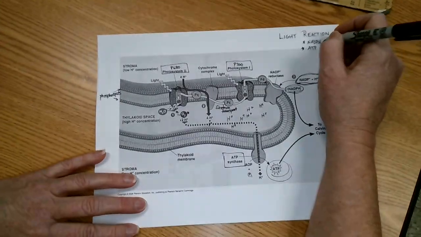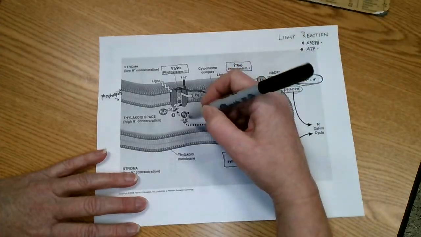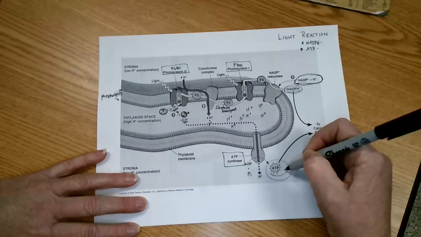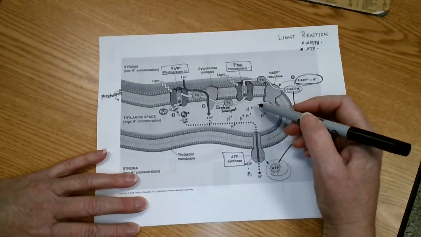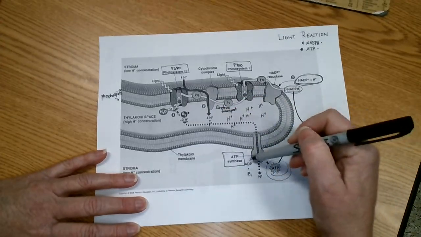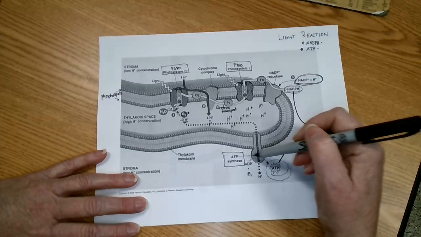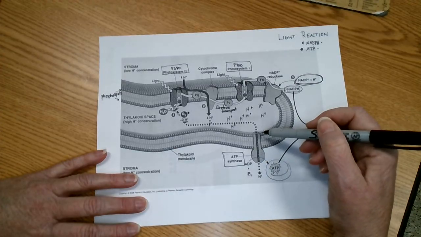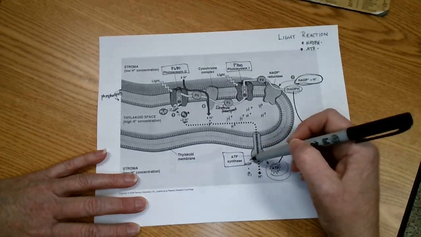Because remember, we want to make NADPH, which we really haven't seen yet, and ATP. And we've now seen how the ATP is made in the light reaction. All these hydrogen ions that build up inside diffuse out, turn this little protein called ATP synthetase or ATP synthase, doesn't matter how you say it. ATP synthetase is what I'm used to. So ATP synthetase turns